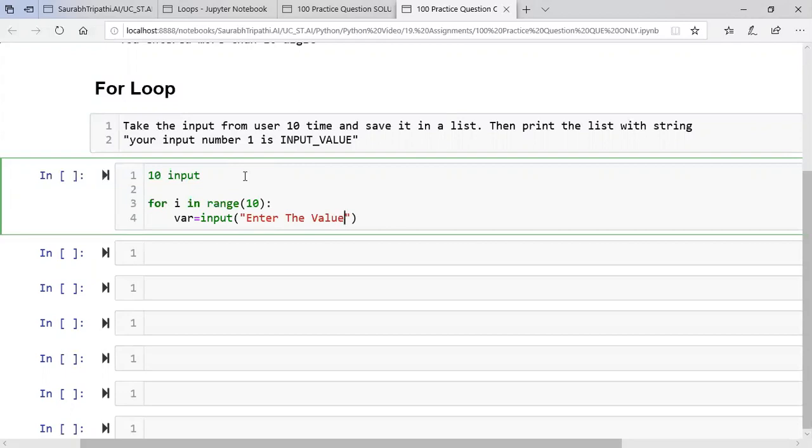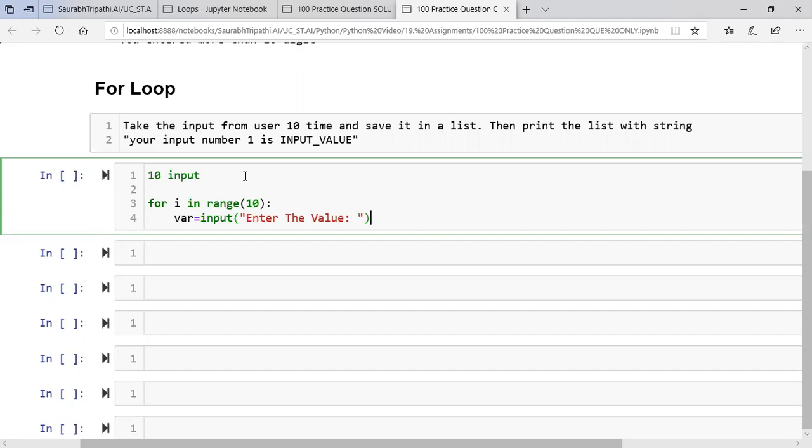Now it is not mentioned in the question what kind of input we need to take. So say we will take some characters, ABC or something like that. Any input can be useful right now. So I will take the input like this. I'm not changing the type of the input as I'm not sure what kind of input we're going to take. If we are going to take a string only or a name only, a string will do fine. If we are taking a number, we have to change the input type. I have already told you how to change the input type in the last exercise. So I hope that part is also clear.